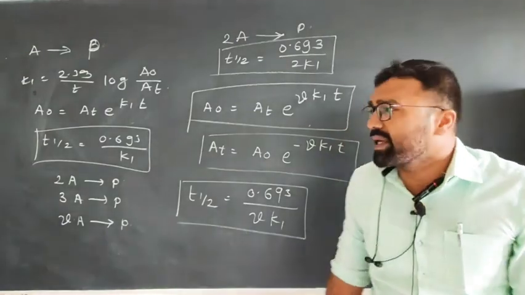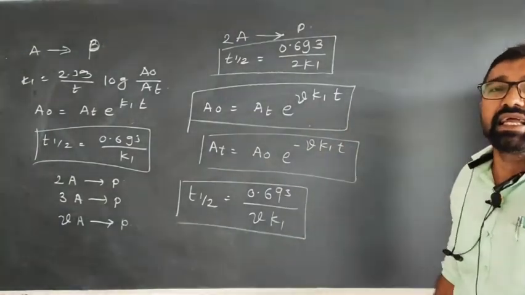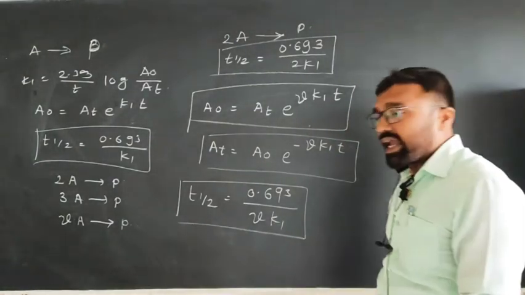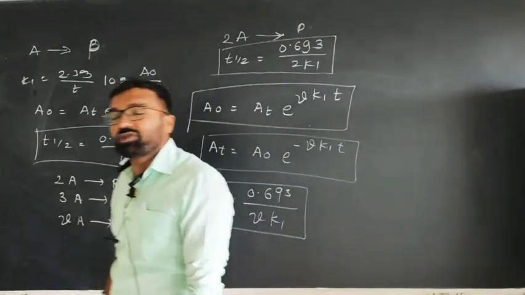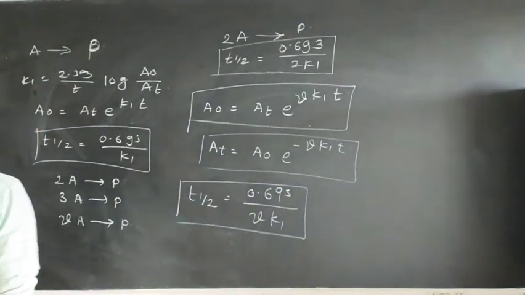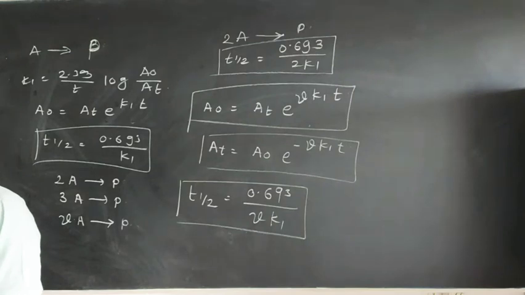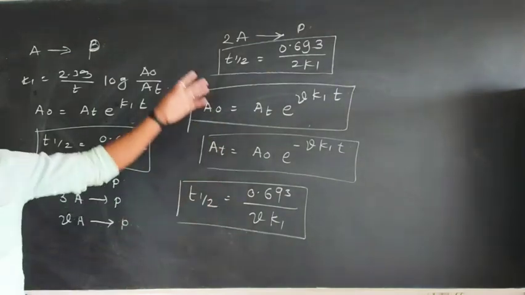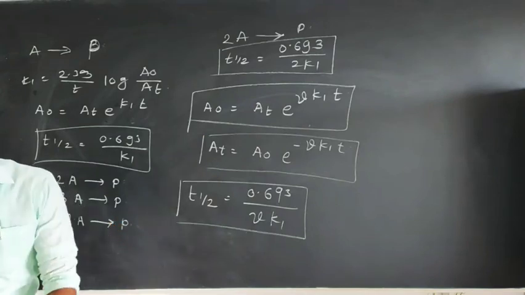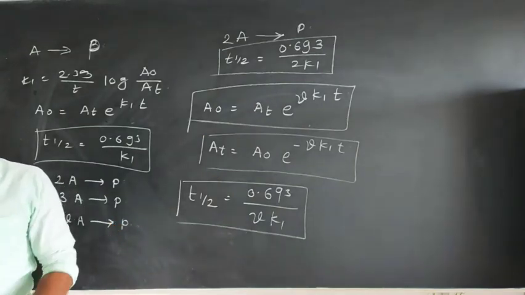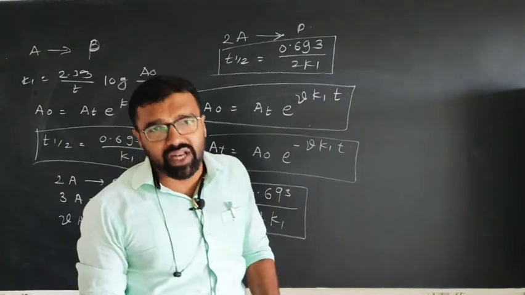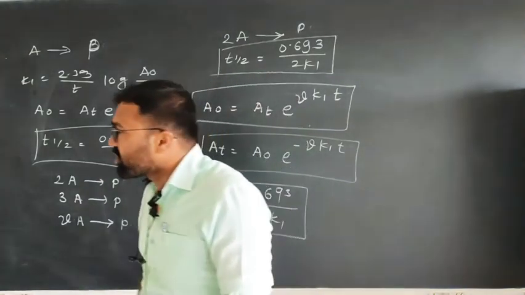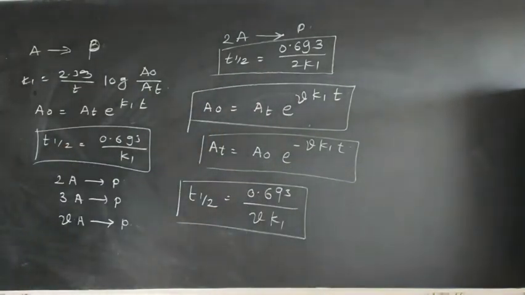Okay, all topics are covered, starting from the integrated rate law and ending with different stoichiometry, with exponential form, half life period, general reaction, then graphical representation, and the unit will never change. For the first order reaction it is always second inverse or time inverse, or minute inverse or hour inverse. Okay, now we are going to solve the numericals for the first order reaction, starting from the easy numerical.